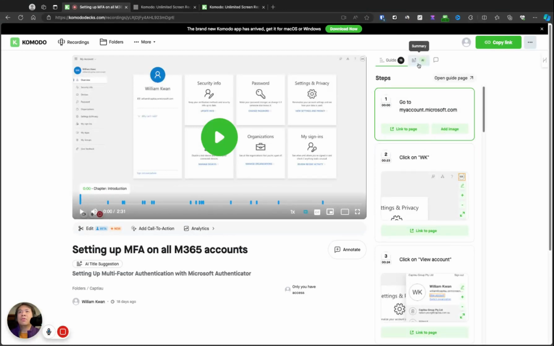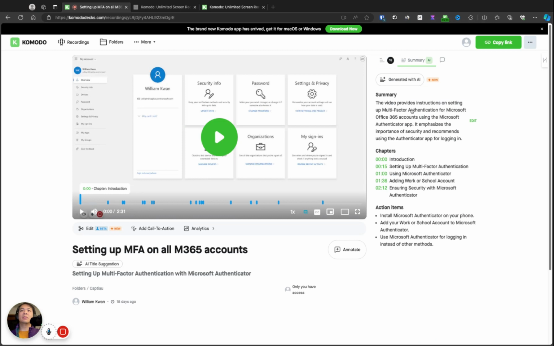And then if you want a summary of what this video is about, again, it's about setting up multi-factor authentication on Microsoft 365. So that's the summary, and it even creates the chapters for you. It also shows you the action items that you need. So pretty handy to create SOPs, standard operating procedures. And then you can add